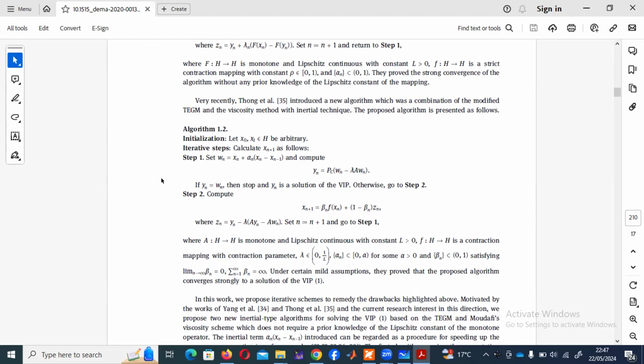I think it will. Yeah, okay, so in this paper, only two inertial type algorithms to solve the variational inequality problem. The two inertial type algorithms here are the subgradient extra gradient method and the Mann-type viscosity scheme. So they introduce these new methods in order to